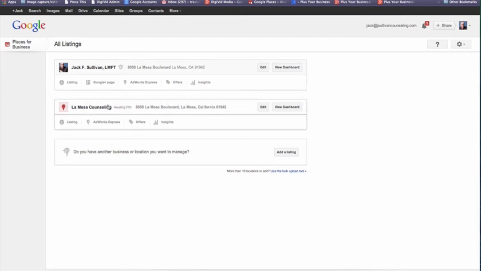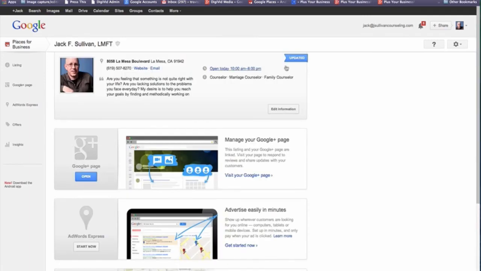And in this listing here, since it's not verified yet, they don't have the Google Plus page available. They have everything else but that. So that's one way to determine where your account is at if you're working within the new Google Places for Business dashboard. So when we go into the dashboard, you'll notice that this is kind of an introductory page, and this first part coincides with the listings, and it's the same information that shows up in the maps and your local Google Plus page.